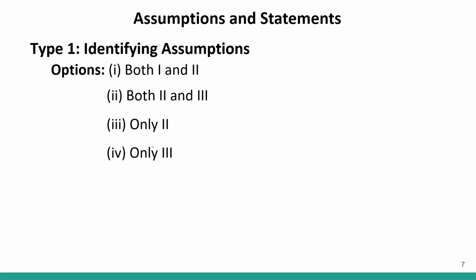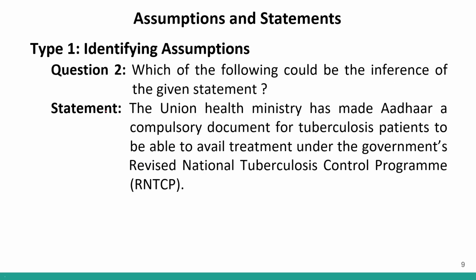So if I look at the options, we have only 3 in option number 4. So this will be the correct answer. Okay? Only 3. It is the only correct assumption. Okay? Question number 2, we have to identify which of the following could be the inference of